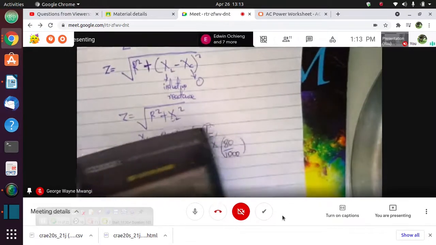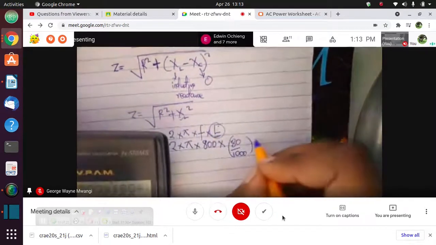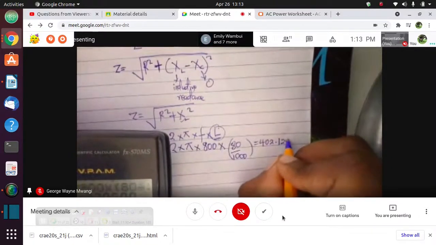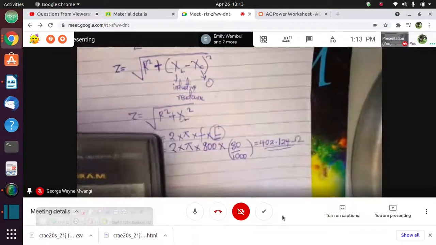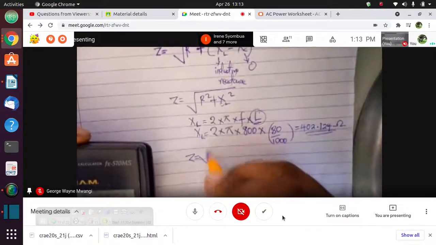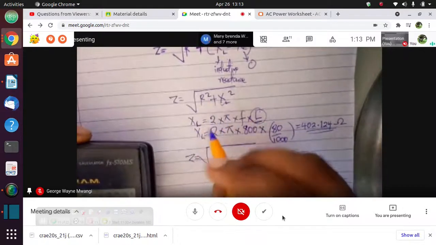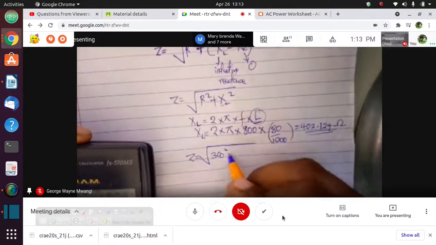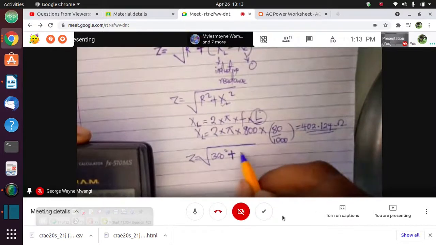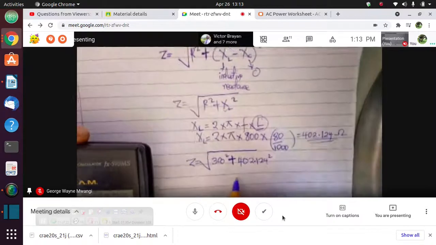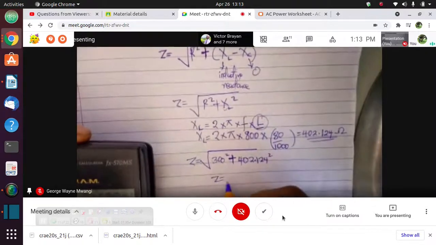Our inductive reactance is 402.124 ohms. Now, how do we find the value of Z, the impedance? It will be the value of the resistance squared, and the value of the resistor is 300 ohms, plus the value of the inductive reactance, and we have found it to be 402.124 squared. So the impedance will therefore be given as